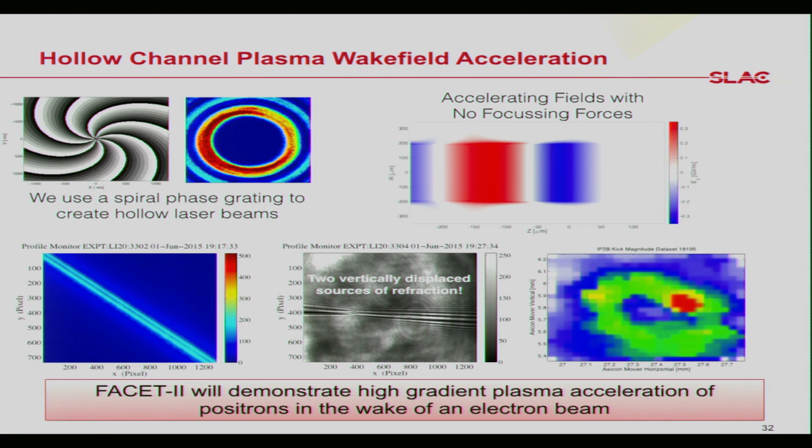But because there are no plasma electrons inside the middle here, I get no focusing forces. So in principle, I could now send an electron beam through this plasma, get very large accelerating fields, but not have to worry about these defocusing fields from the plasma electrons. So we're doing some of the early work to develop this sort of plasma source right now, but looking ahead